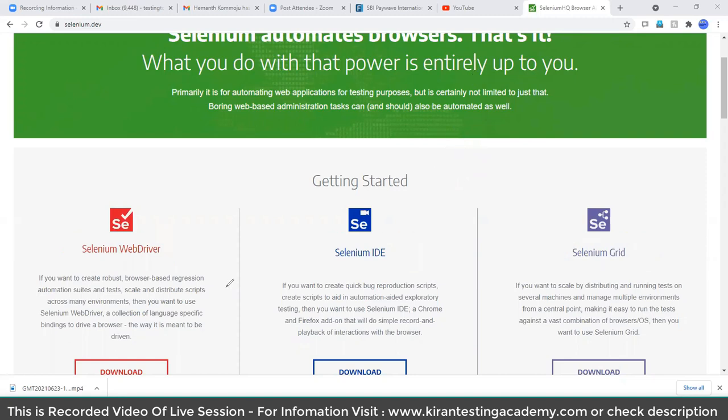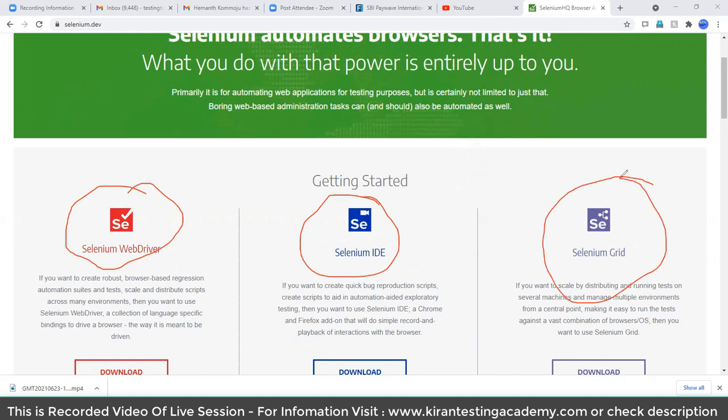In simple words, I can say, now it has flavors called Selenium WebDriver, Selenium IDE, Selenium Grid. I'll talk about this a lot as we go in. But as just an introduction, IDE is simple record and playback, guys. It is a simple record and playback tool. It's an extension for Mozilla Firefox browser. It is a simple add-on. An add-on for, so here I don't have that add-on, but something related like this. An add-on for